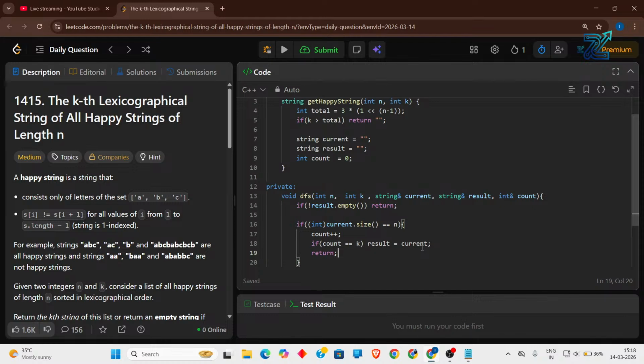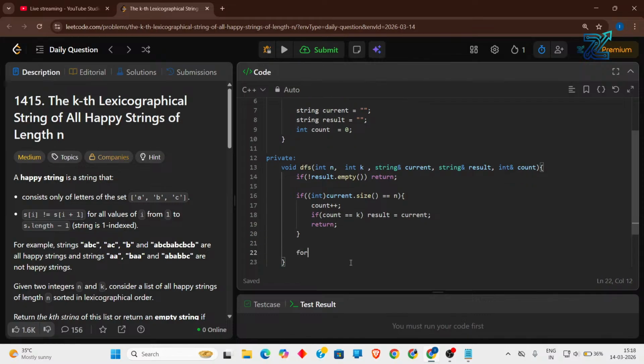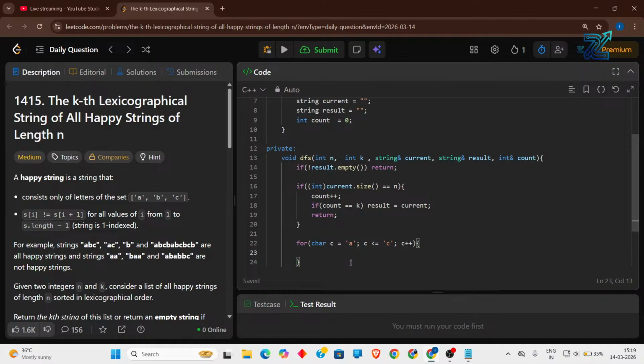So let's try each character. So for that, adding a for loop with character c equal to a. If my c is less than or equal to the character c, and character plus plus. So I iterate through 3 times, so a, b and c characters. So here